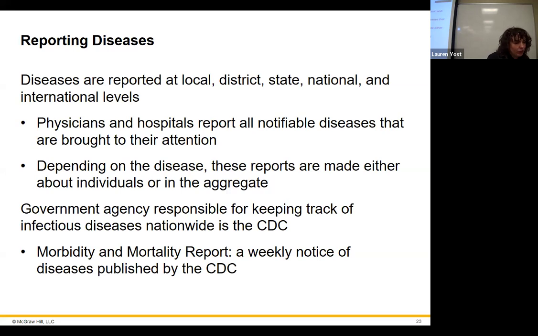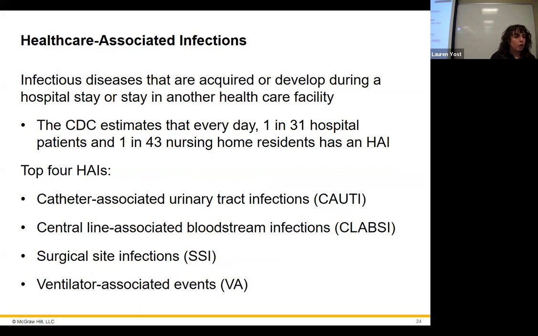But okay, we should have said this. The CDC comes out with a report every week called the Morbidity and Mortality Report. So how many people are getting sick and how many people are dying from diseases that are of concern. So just to keep track, and so everybody who's interested in the epidemiology of these diseases can keep track. This is also primarily what news stations are going to be referring to as well. So this is public information. It's not anything secret.